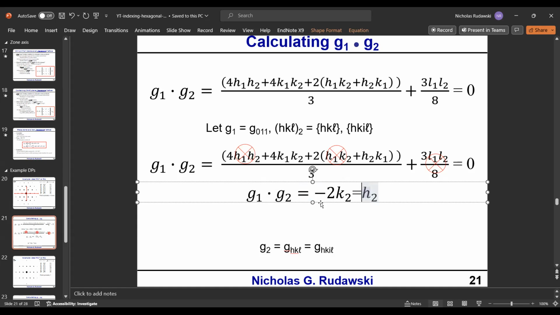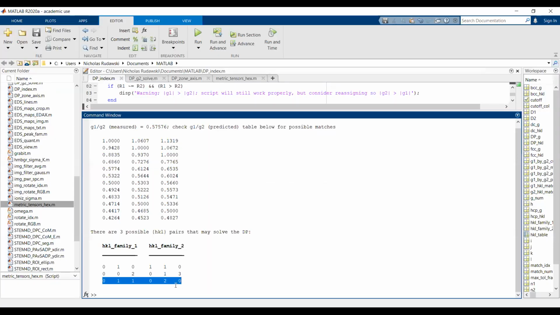I don't want to use fractions. So this tells us that our first index has to be equal to 2 times the opposite of the second index. But at the same time, we know that this has to be in the 0 to 0